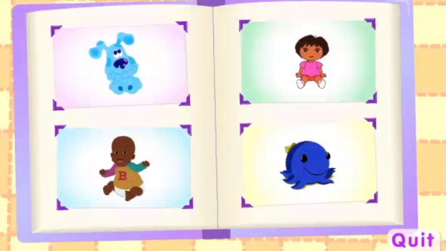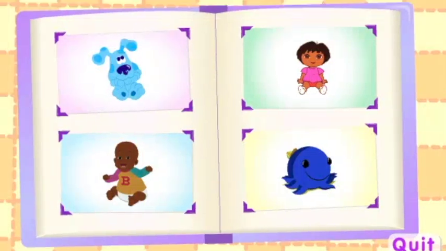So basically, this babysitting simulator has you taking care of 4 different Nick Jr. characters. We have Baby Blue, we have Baby Dora, we have Baby Little Bill, or as I like to call him, Baby Bill, and Baby Oswald. I don't know why, but there's something very cute but also very unnerving about this whole setup here. I mean, Baby Blue and Baby Oswald I just want to cuddle with, but the same cannot be said for Baby Bill and Baby Dora. I know it might be just me, but I feel like Baby Dora just staring into my soul is very terrifying. Enough chat, let's get babysitting!